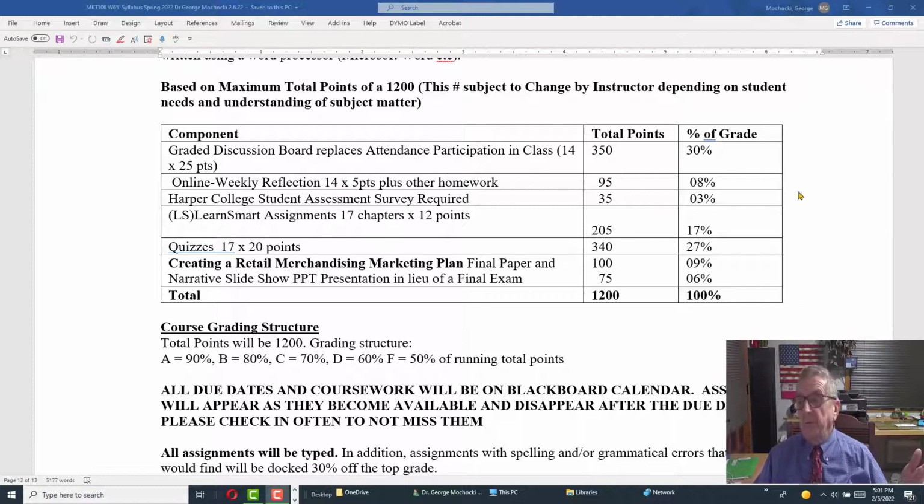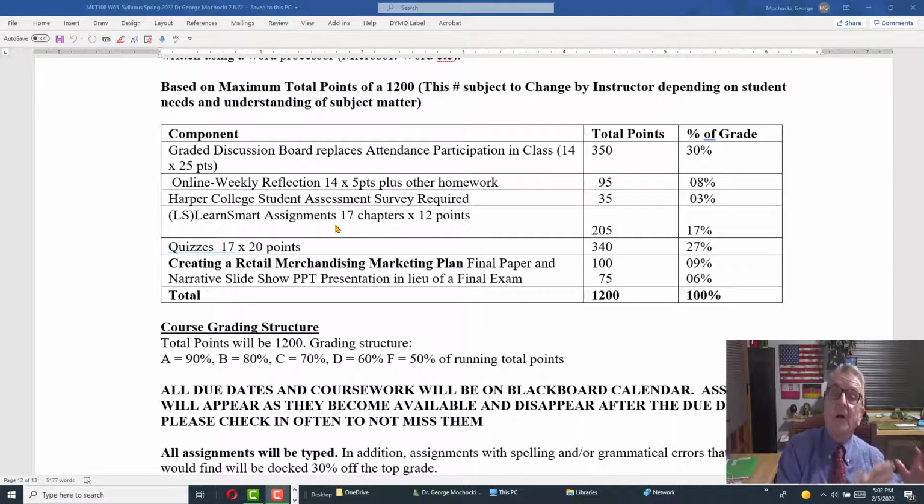You have these Learn Smart assignments. That's the thing that comes with the passcode. So when you get either the loose leaf or the electronic version, it will have a link or a passcode. Once you pair it, and I'll show you how to pair it in Blackboard, the first homework assignment is to pair, and you'll be able to go into McGraw-Hill's Learn Smart to do homework, PowerPoint, videos, and other aspects. The quizzes and everything else are going to be within Blackboard, so you get a flavor of both, especially if you're a new student here at Harper College.